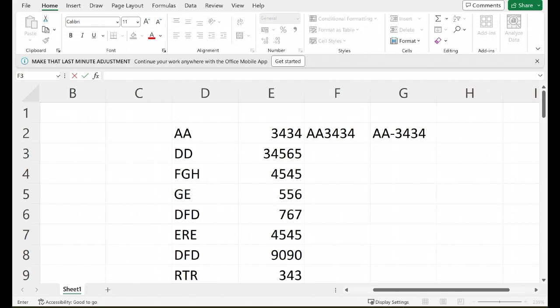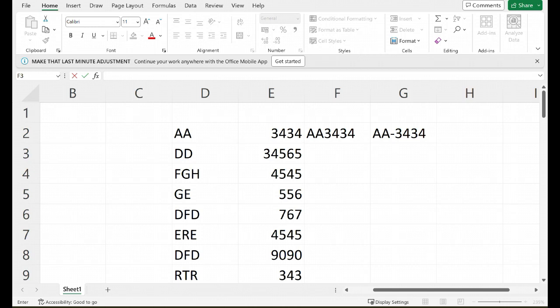We are back with another video where we will be making you more productive in your daily work life. Now, the scenario that we are discussing today is you have data in two columns, and you want to bring that data in and combine it in another cell. Like you see on the screen that we have AA and 3434 in two different cells, and what you want is either to see AA3434 as one word or AA-3434. So these are two examples, but you can have multiple different ways of combining data from two different cells